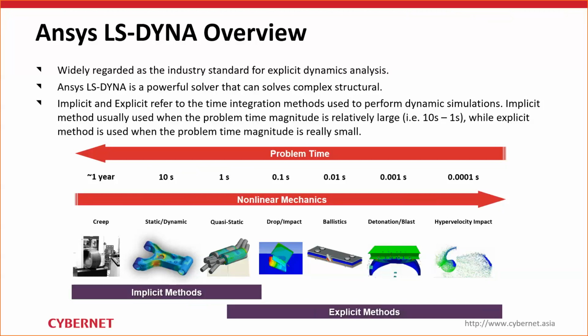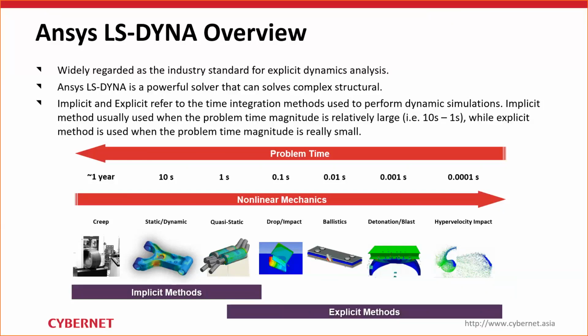Implicit and explicit actually refer to the two types of time integration methods used to perform dynamics simulations. We are not going into too much detail of the differences between these two, but basically explicit time integration is more accurate and efficient for simulations involving